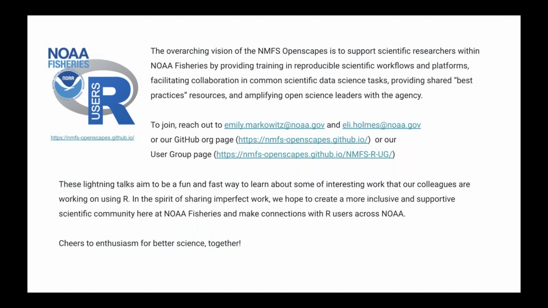We have a lot of the different groups talking about how they're using R, showing their R packages. These will be fisheries applications, really specific to our interest. So we try to hit on anything that people are having a hard time with and they'd like to learn more about, and we do a lot of peer education that way.